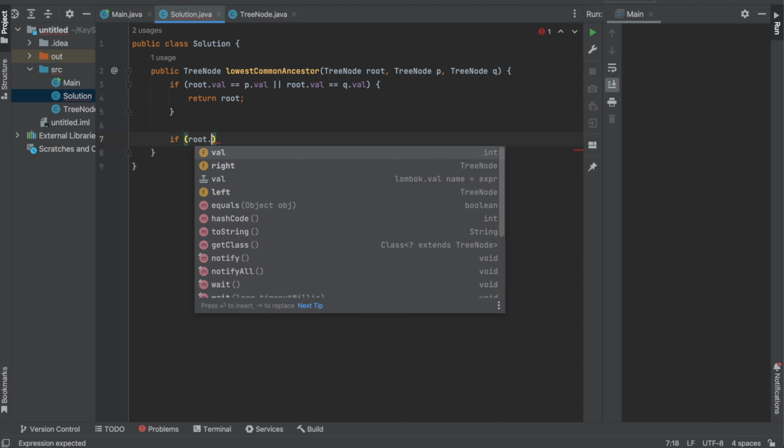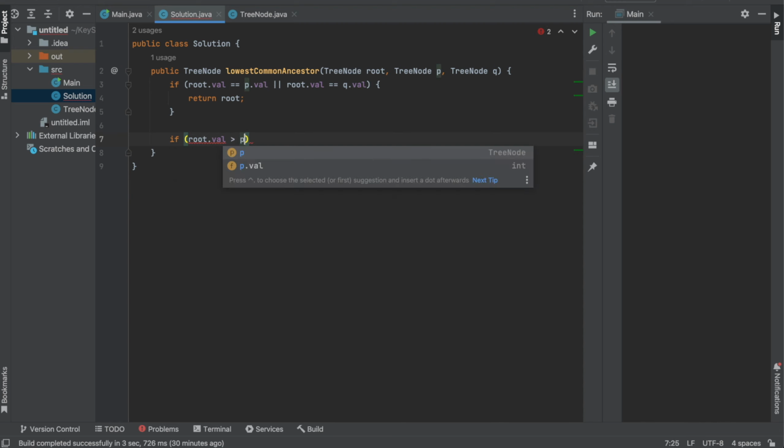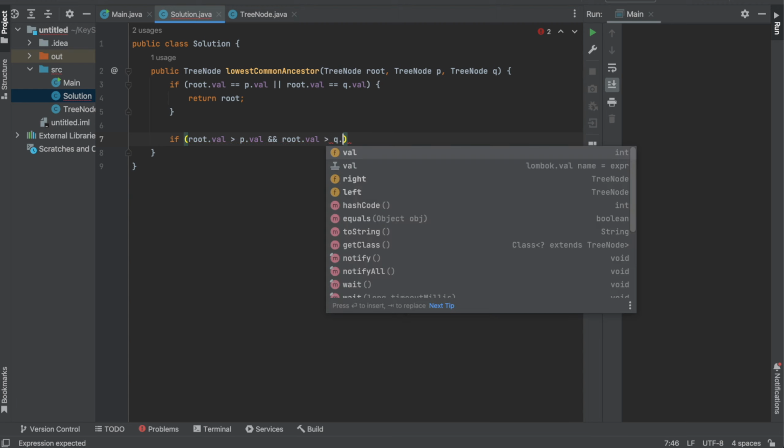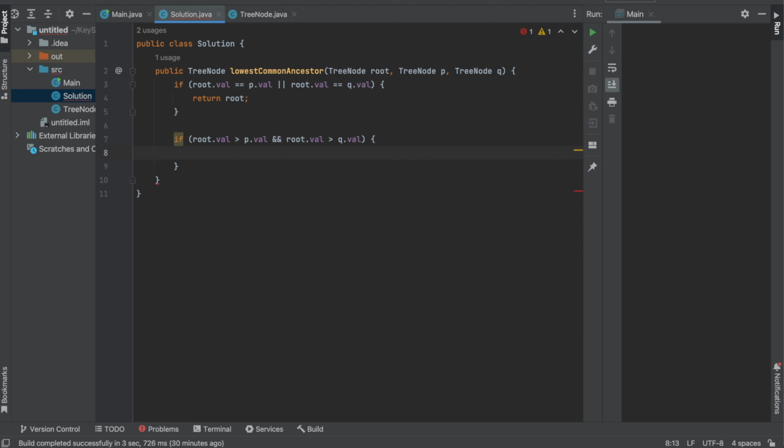Otherwise, if root.val is greater than p.val and root.val is also greater than q.val, then this basically means that the lowest common ancestor is on the left subtree. And in that case, we can just recursively call this method again, but with a different root. So we can do return lowest common ancestor, and this time root.left, and then pass the same for p and